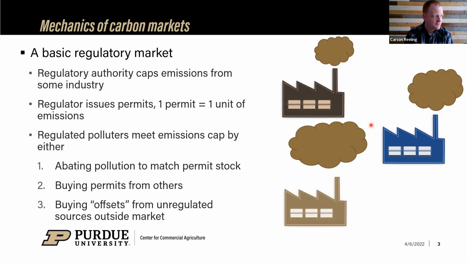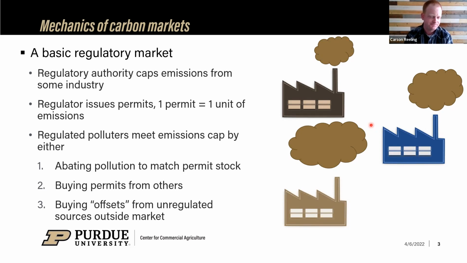These permits represent the right to emit. The principle being that if I'm one of these regulated polluters, in principle, I could emit as much pollution as I want. I just have to have one permit for each unit of emissions that I generate. When we talk about units of emissions in carbon markets, that's usually metric tons of carbon equivalent. So I can emit as much carbon as I want, I just have to make sure I've got one permit for each metric ton of carbon that I pump